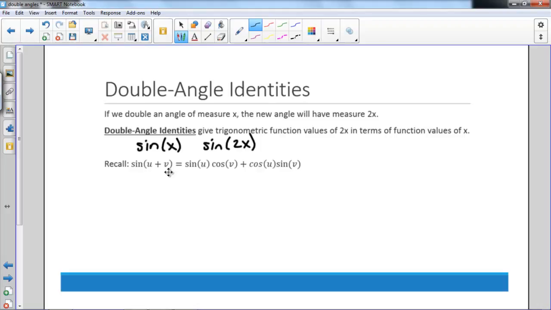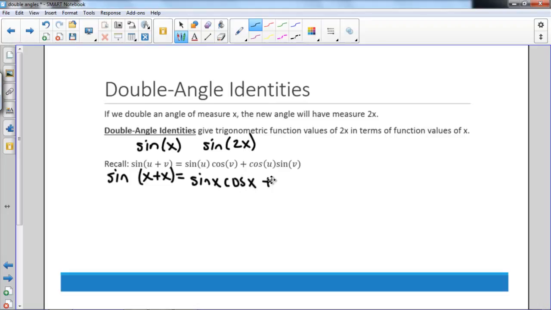So instead of having u and v, we're going to have x plus x because they're going to be the same angle measure. So if we have sine of x plus x, this is going to turn into sine x